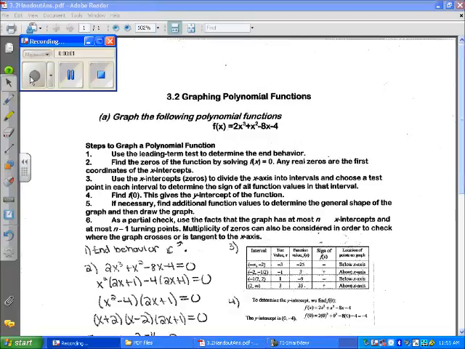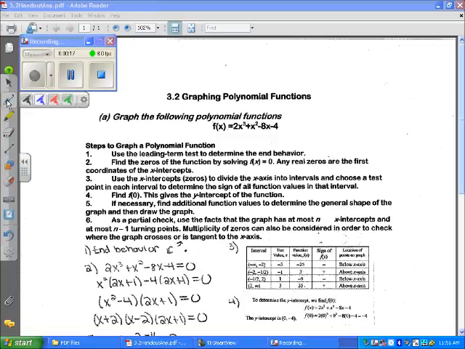to work on the worksheet for section 3.2, graphing polynomial functions. And if you look here, I have the answer key in front of me instead of just the worksheet, so we can add some notes here. Okay, so what we're going to do is use these steps to actually graph the polynomial function